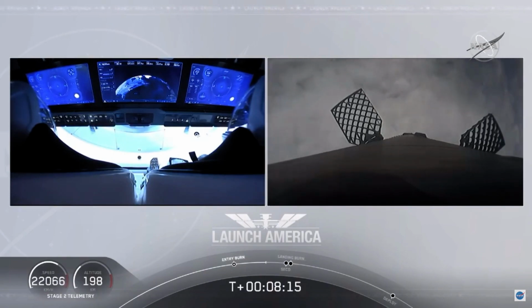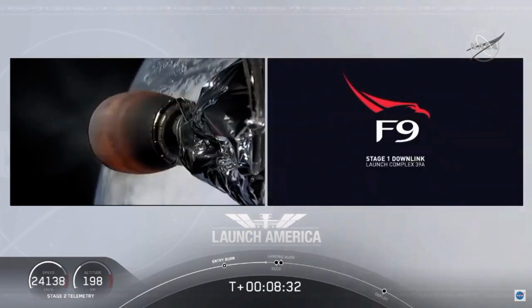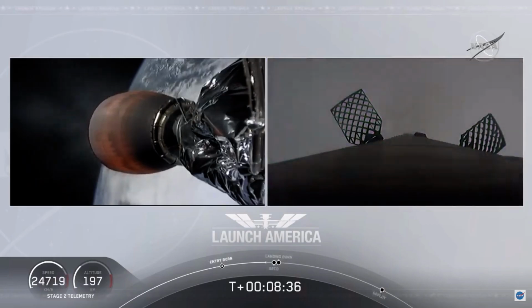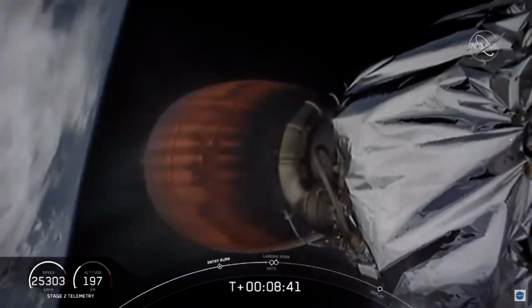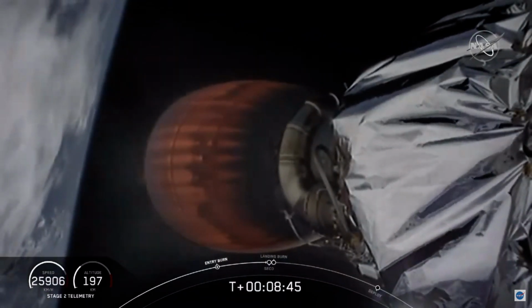"Terminal guidance." "MVAC throttle step." We are coming up 25 seconds or so away from SECO, or second engine cutoff. This is also the point where Bob and Doug are experiencing their highest G-force. We're seeing the counter tick up to right about 1.8. "Stage 1 entry, transonic. Copy." That just means they're in their final abort zones. If they were to abort at this point, it would either be an abort to orbit or to land off